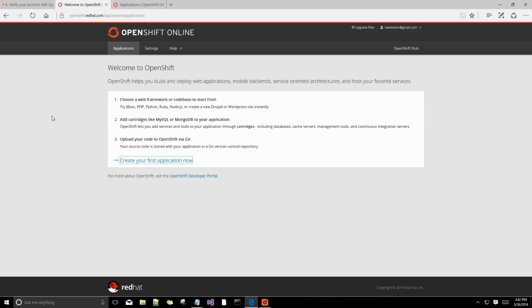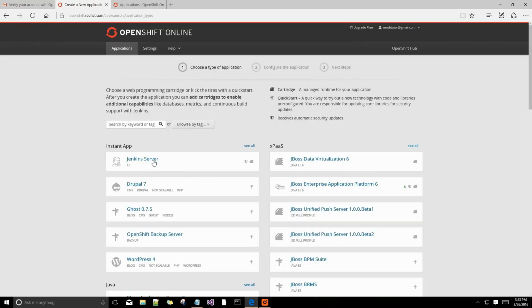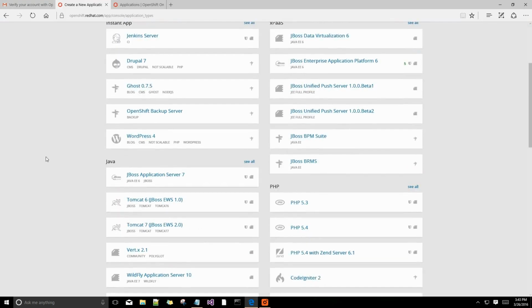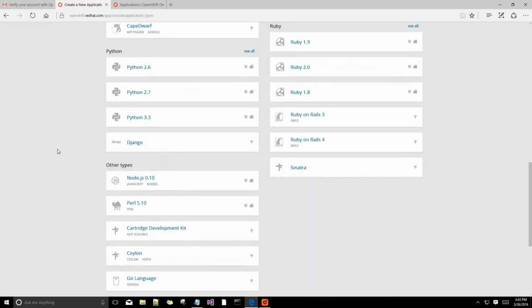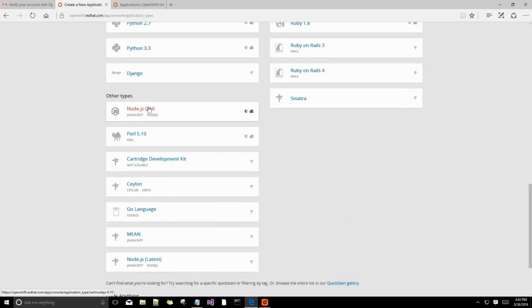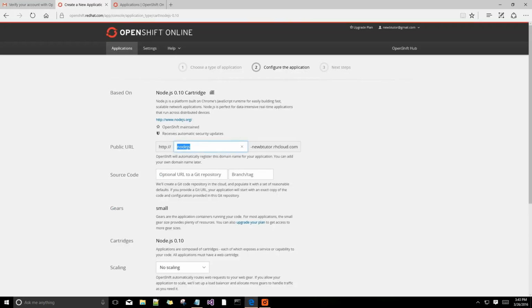Second thing is database. For now we don't need any database. And Git is where we will store our code and all. So let's go create our very first application. As I told you, if you know any web framework like Java, PHP, you can select it. If not, you can be safe and select Node.js.